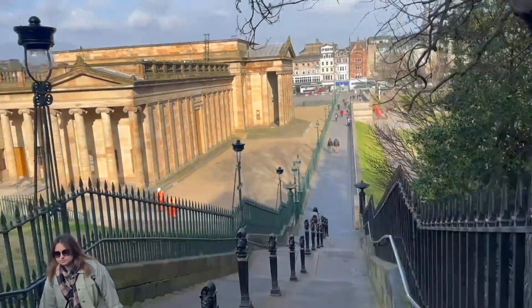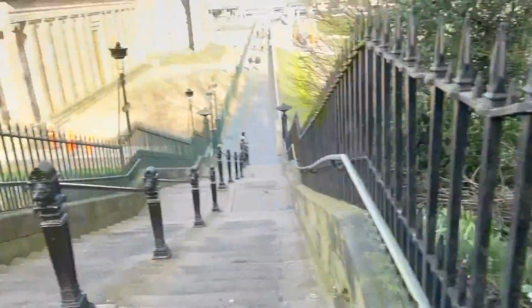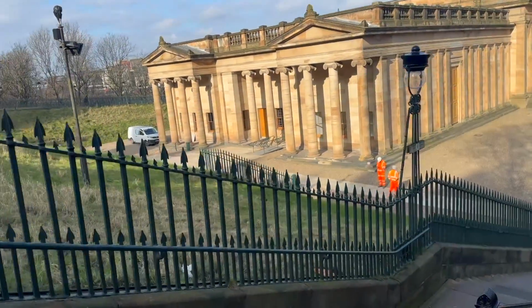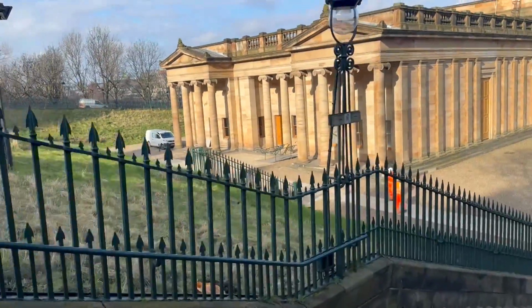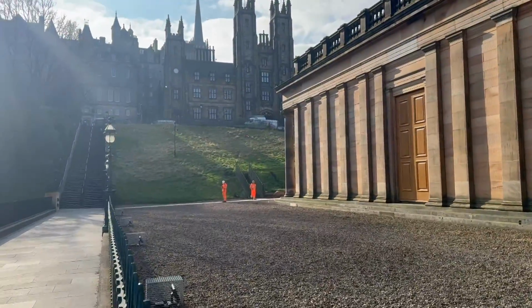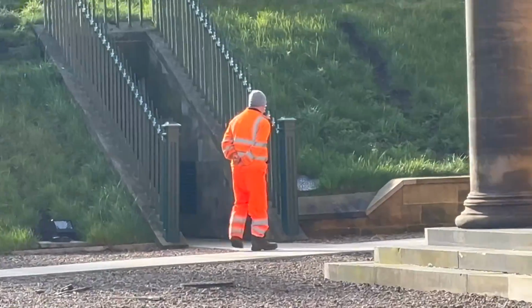Somewhere. So, as we head down here, it's here somewhere. I don't know if it's in by the gallery or if it's in here. I don't think it's in this side. I've got a funny feeling it's there. I've got a funny feeling it might be that little green sort of bit there that seems to go into the hill. That would make sense. Let's see if we can have a little peek. It's really difficult to see because it's actually, let me zoom in. You can see it's actually kind of long,